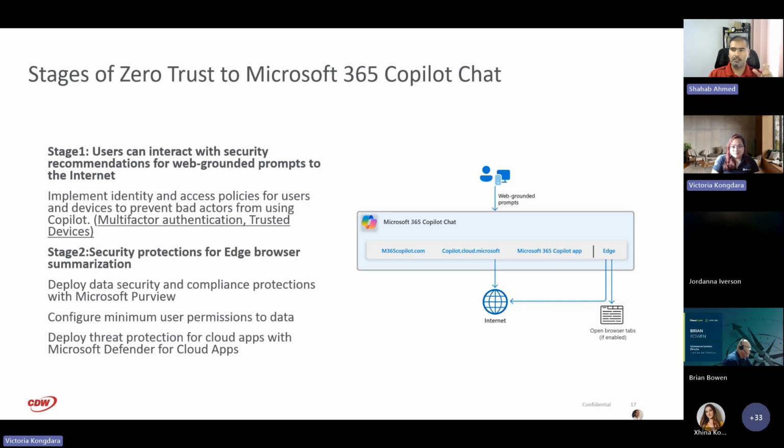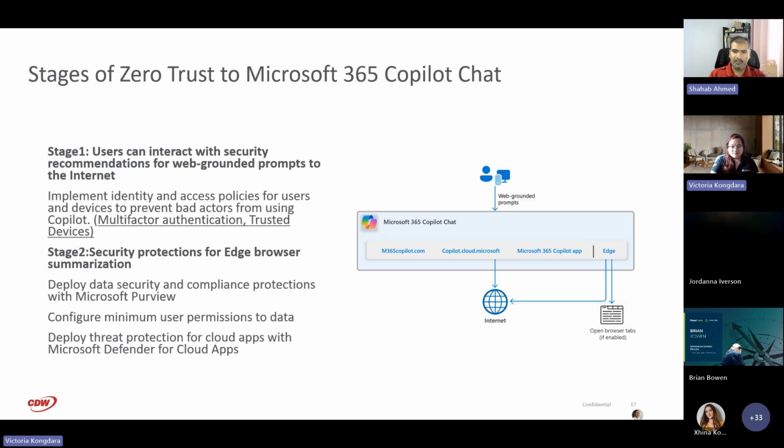I just want to make sure that there aren't any issues around that, and so then what you're effectively doing is configuring conditional access. So this is multi-factor authentication, ensuring that the devices that are accessing Copilot are trusted, right? And then from a Microsoft Edge sidebar perspective, Copilot can help you get answers from the web. So if you have it enabled, and there's a group policy setting that you can use to enable or disable it, you can summarize things like